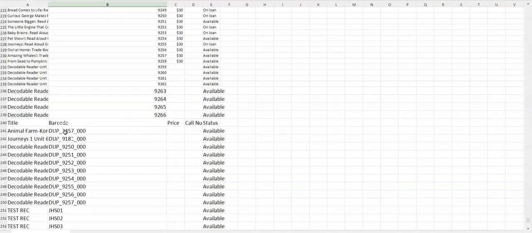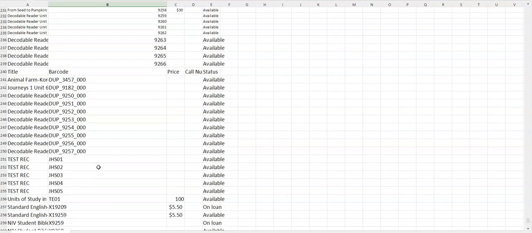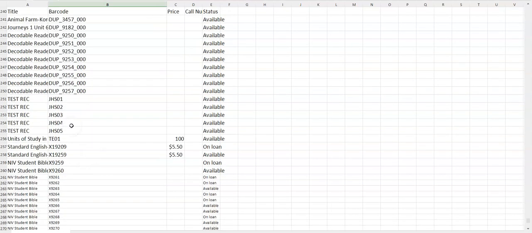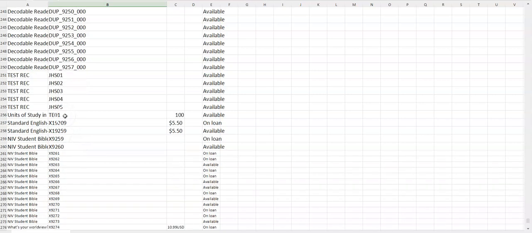And then I see these dupes, which may be referencing your email the other day. There's not many of them. These must have been put in by me some time ago as test records. So these are meaningless. Now I see this is a kind of an odd one, TE01, then we have the